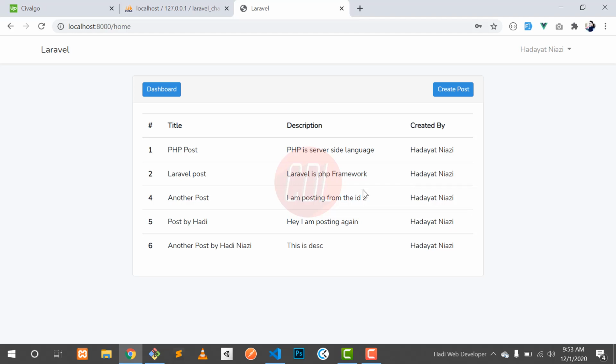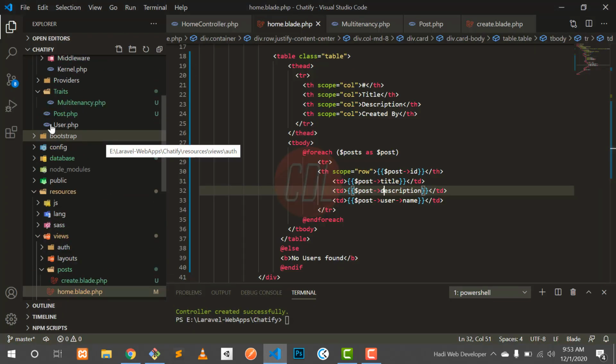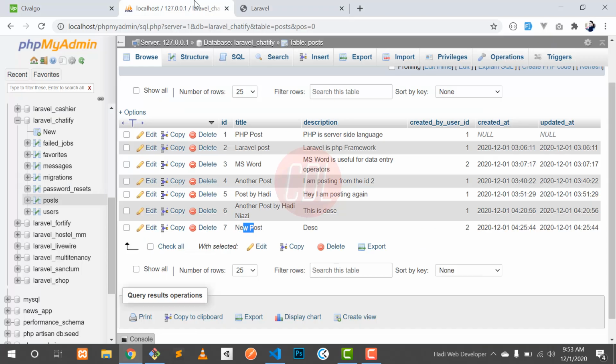You can achieve this type of functionality using a single trait. If I go to the database, first you need to create a column where you want to achieve this functionality. I am inside the post table, and I created a column created_by_user_id. Here I am storing the user who created this post.